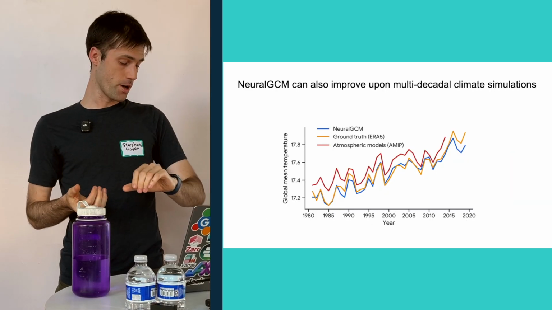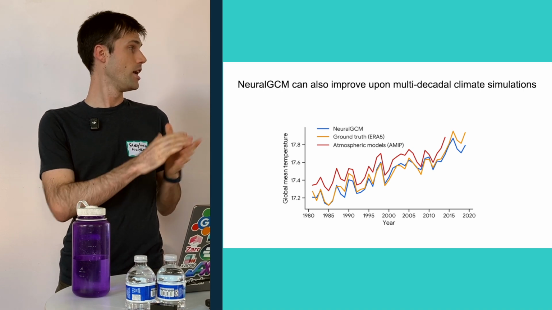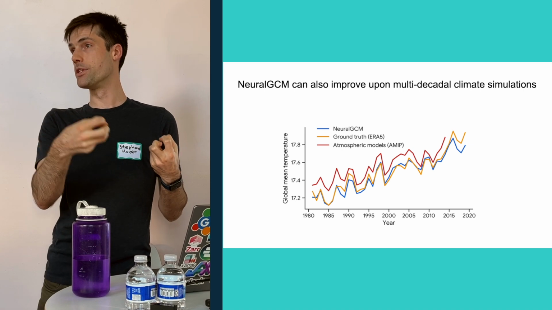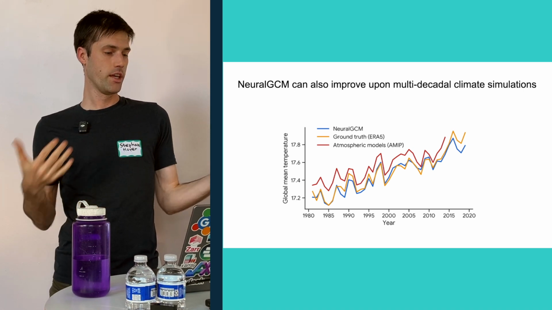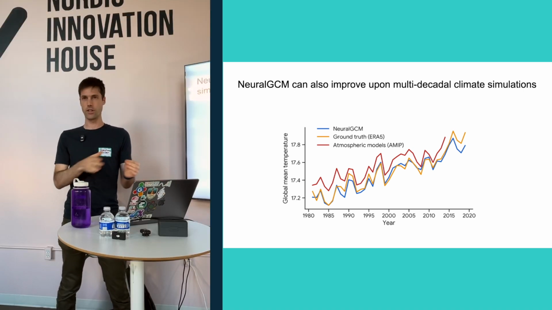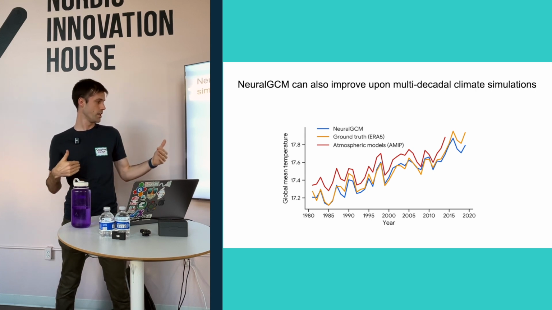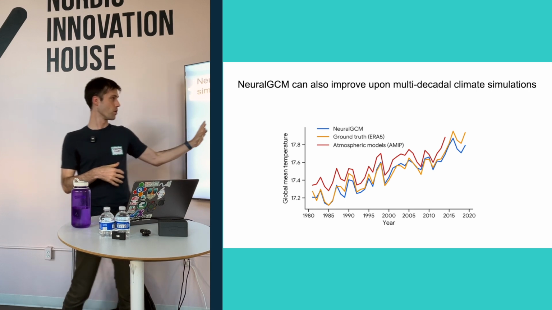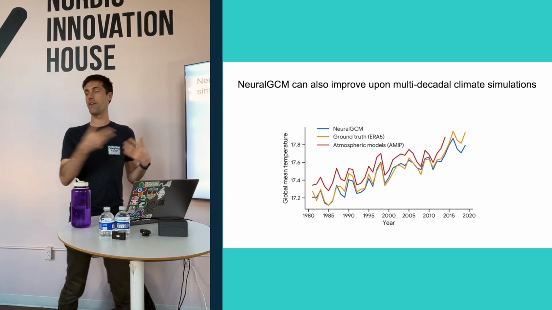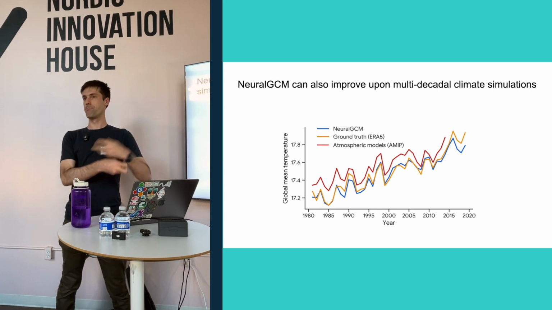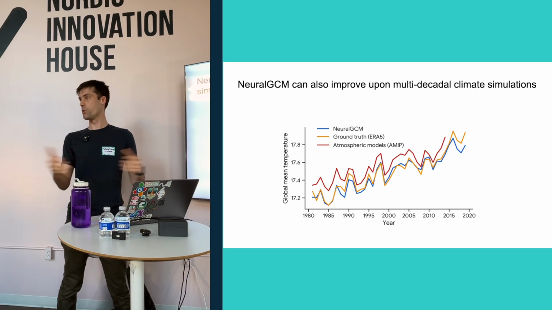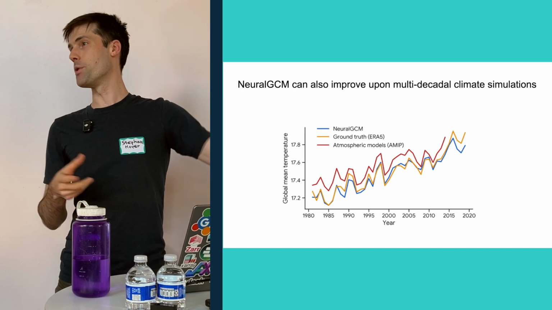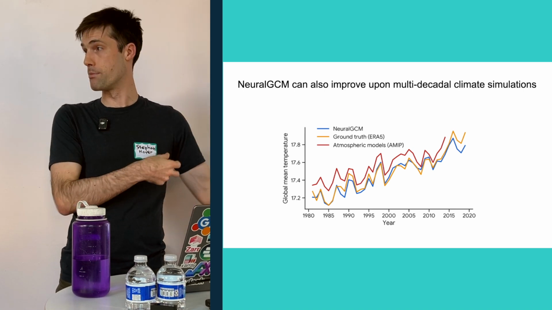So we also took these models and have been exploring running them out for longer simulations as well. And so this is closer to getting towards what we call a climate projection. That's looking at climate over multiple decades. Here we did this retrospectively. I should say, the model we have today is not a full climate model. It's kind of part of a climate model. It's just the atmosphere. So we can only run this retrospectively, in the past currently, but we can compare to other atmosphere-only climate models.